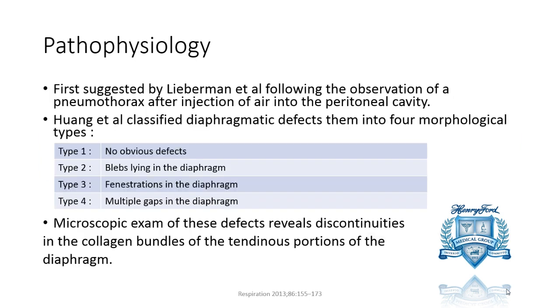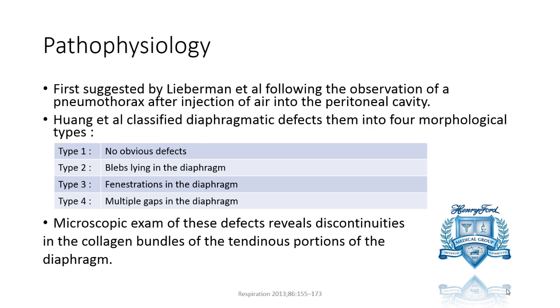And this has been demonstrated by injecting air into the abdomen. The patients underwent an X-ray at 5 minutes and 24 hours after being injected with air, and they were